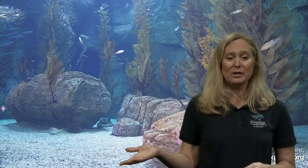And the Garibaldi is a state marine fish of California, and they're protected in our waters here. But we do have a couple of them hiding in blue caverns, so keep your eyes open if you see a bright orange fish anywhere in the screen. That is the Garibaldi. But if you look at this kelp forest habitat, you'll notice there's lots of greens, and